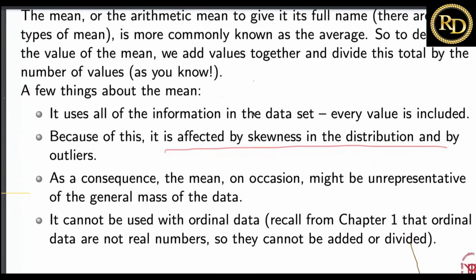So this is the advantage, that it uses all the observations. And because of this, it is the disadvantage of the mean that it gets affected by the outliers. As a consequence, the mean on some occasions might be unrepresentative of the general mass of the data. So now,